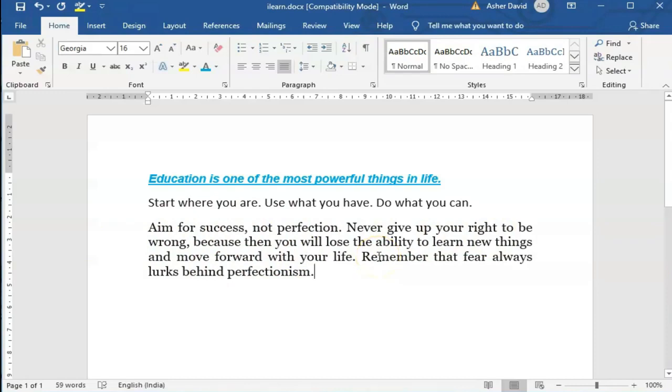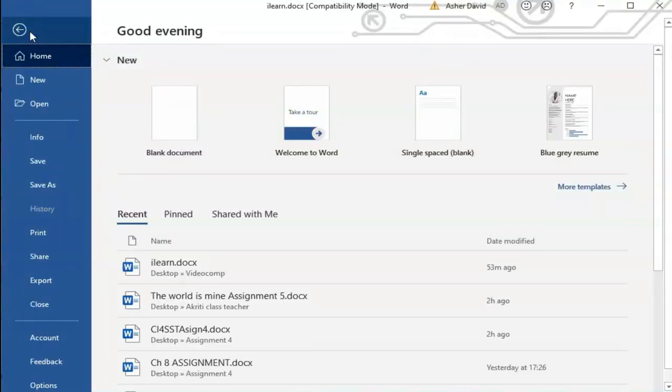Now let us learn how to print a document. Children, sometimes you need to print a document. So in that case, what you can do, you only have to go to the File option, then click on the print button. The print button is available over here. When you click the print button,